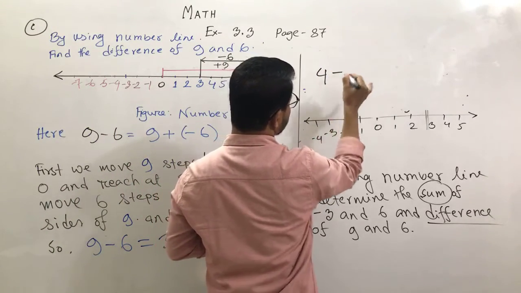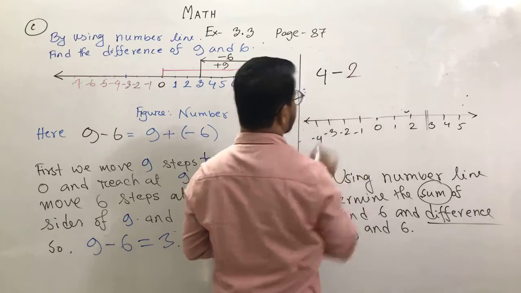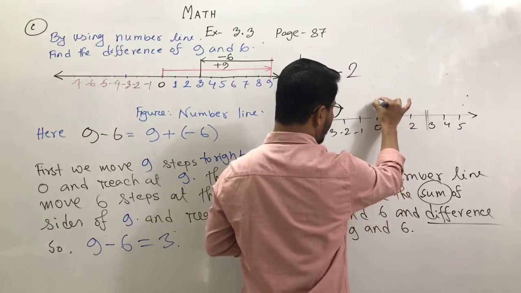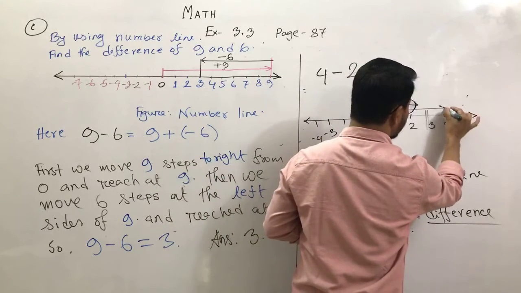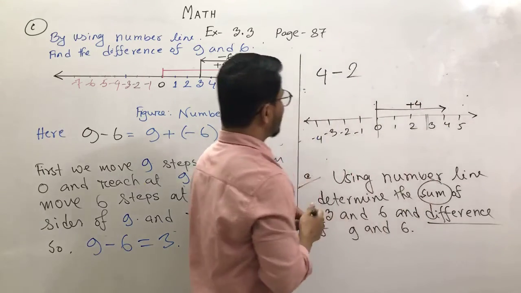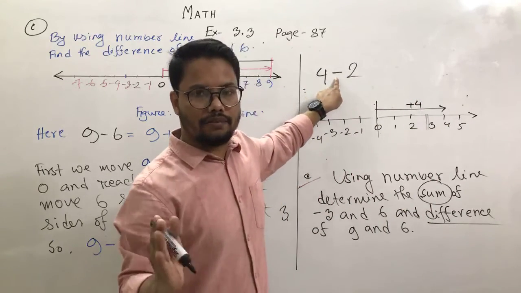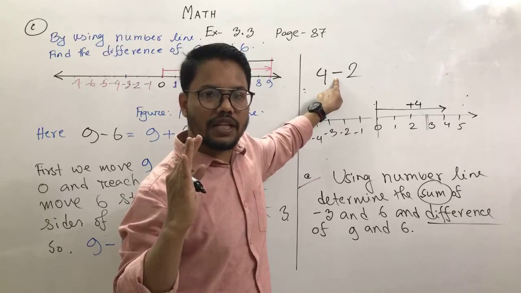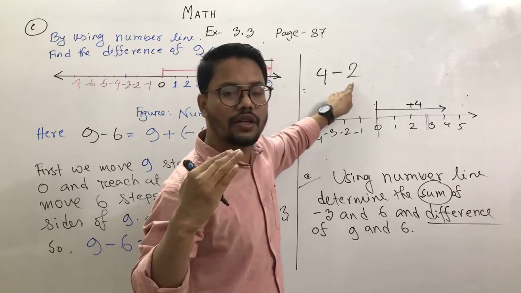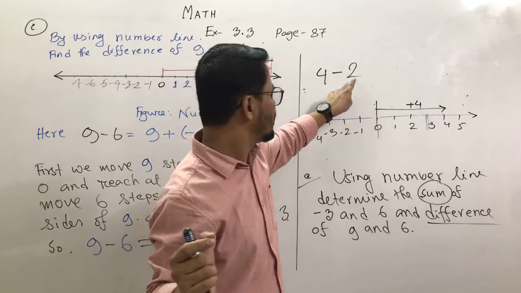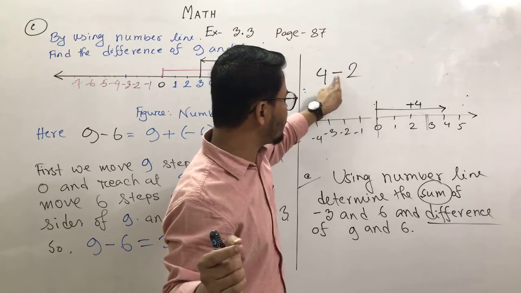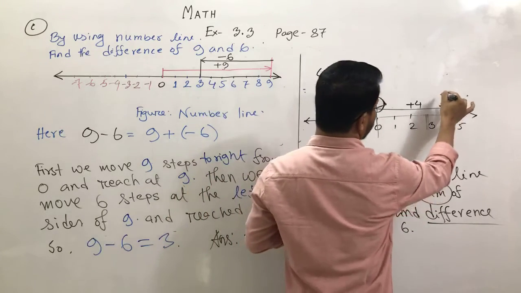4 minus 2, 4 minus 2। সো ফার্স্ট আমরা কি করব, ফার্স্ট স্টেপে আপ টু 4, এইটুকু তো আমরা সবাই জানি যে ফার্স্ট স্টেপ আপ টু 4, দিস ইজ দ্য +4। এখন এটা কি আমার এডিশন না সাবট্রাকশন? এটা যদি সাবট্রাকশন হয় তাহলে যে নাম্বারটি থাকবে, সাবট্রাকশনের কারণে সেটা তার অ্যাডিটিভ ইনভার্স বসবে। তাহলে নেক্সট নাম্বার হচ্ছে 2, যেহেতু ডিফারেন্স বের করব 2 এর, তার অ্যাডিটিভ ইনভার্স হচ্ছে -2, তাহলে আমরা -2 স্টেপ ব্যাক করব।